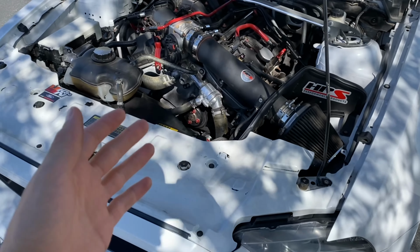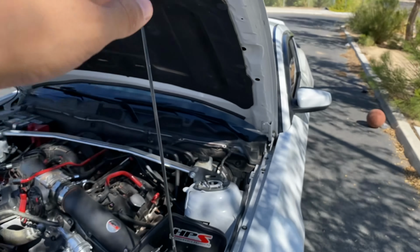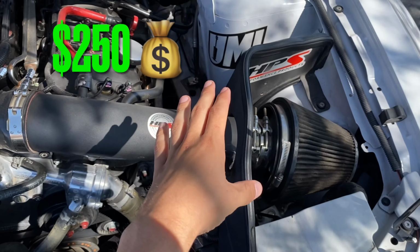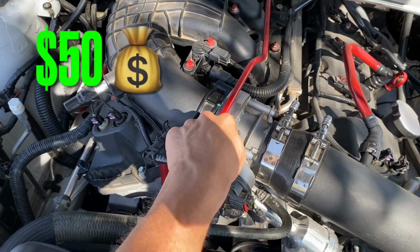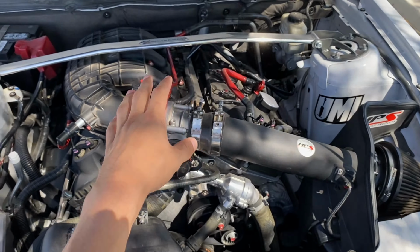And that's one of my favorite things, hearing the induction noise on the car, because it makes me really feel like I'm getting not just exhaust tones, but I'm also getting the engine tones as well. And this is around $250. And moving up to one of the stupidest purchases I probably could have ever made on this car, but it was one of my favorite purchases, was this $50 throttle body spacer that I ended up getting off eBay. Glad I was able to get the cold air intake as well as the throttle body spacer, and